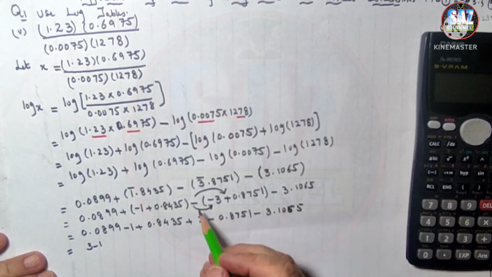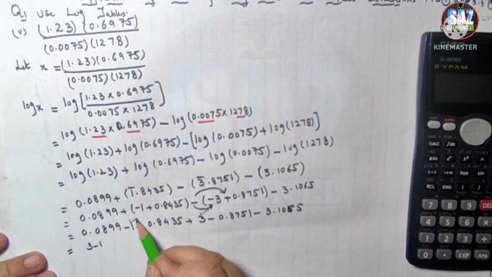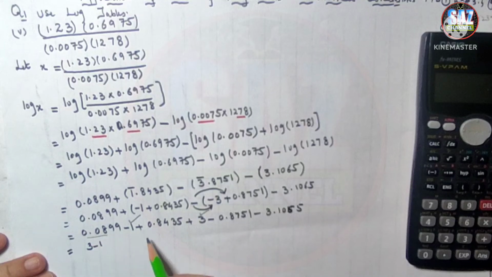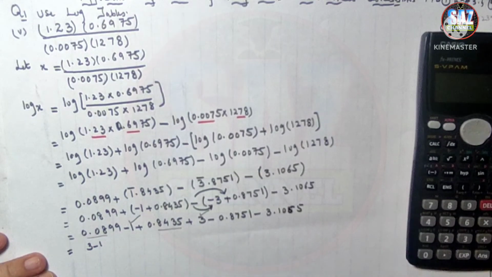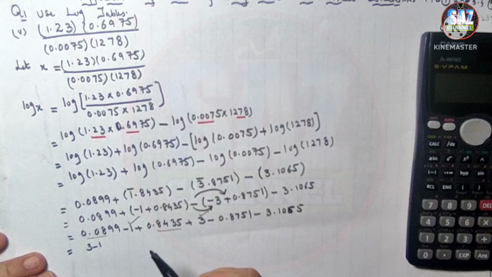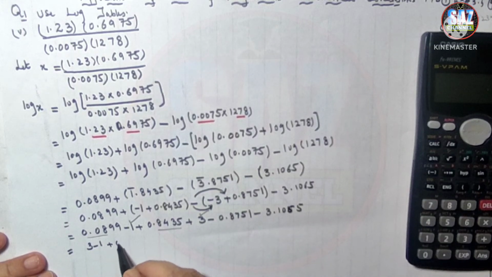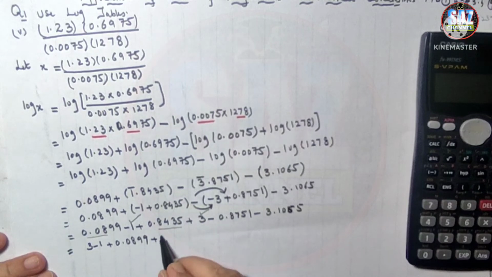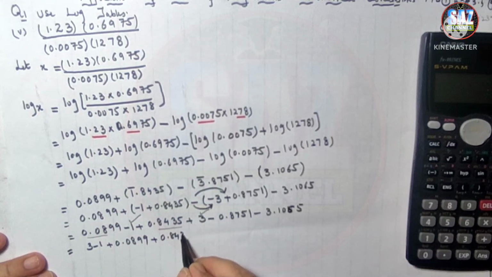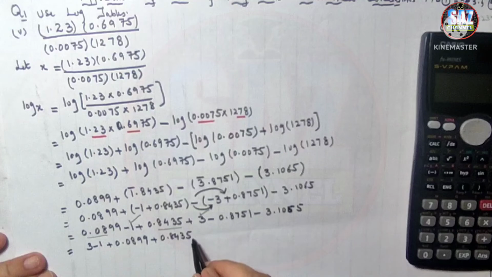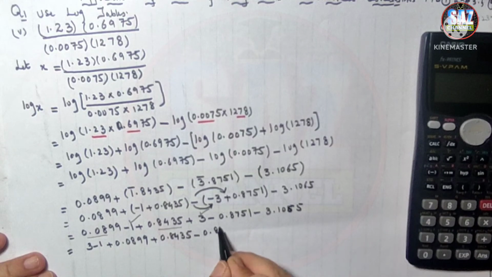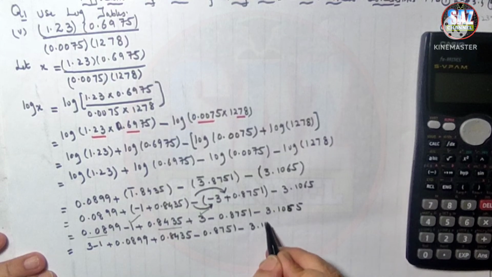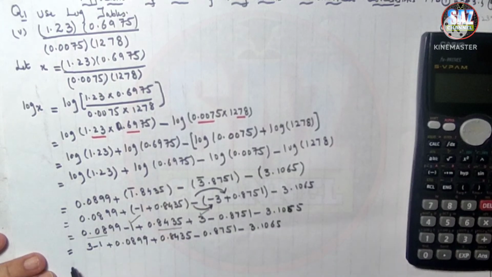I've written this 3, I've written this -1. Now decimal parts with the positive value. Decimal part with the positive values are 0.0899 plus 0.8435 minus 0.8751 and minus 3.1065. This will give me 2,